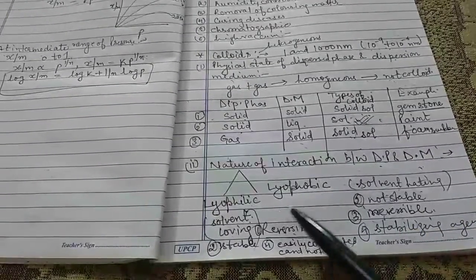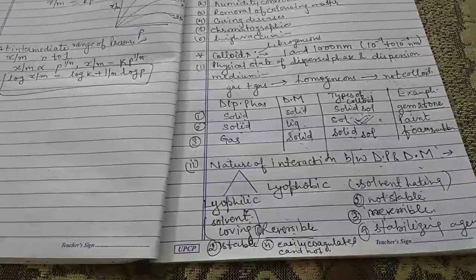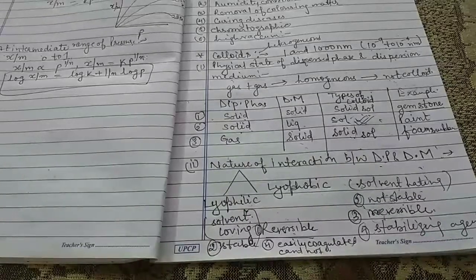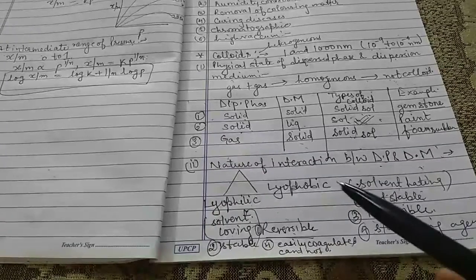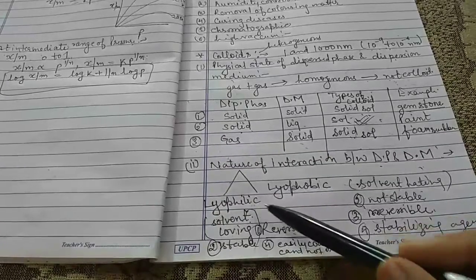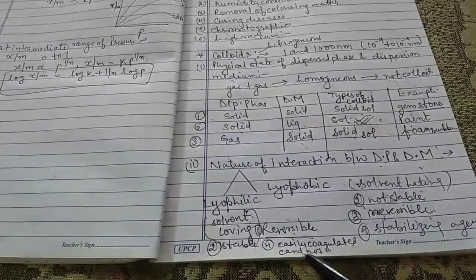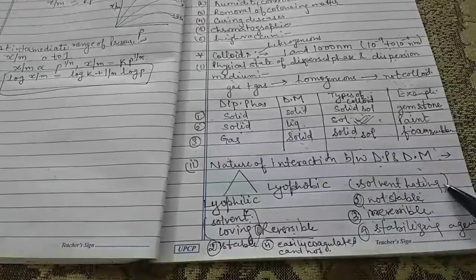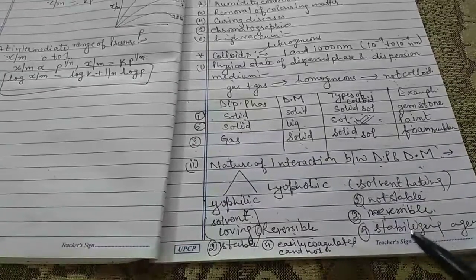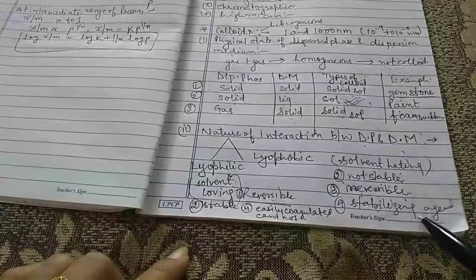So this is a very important question: what is the difference between lyophilic and lyophobic colloids? The one is solvent loving, reversible, doesn't easily coagulate, and is stable. Now these are solvent hating, not stable, irreversible, and if you want to preserve them, you need a